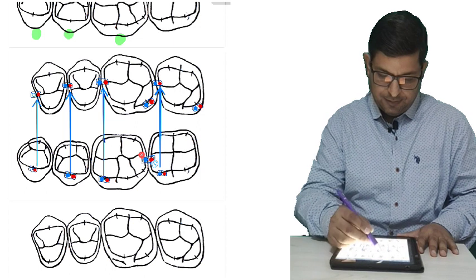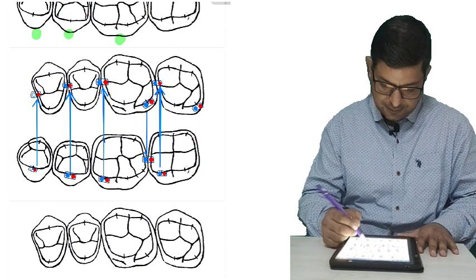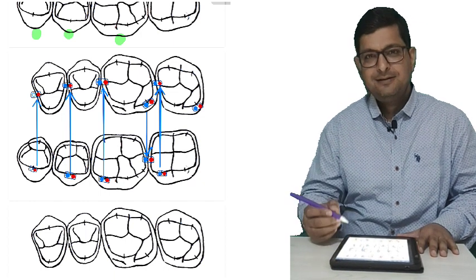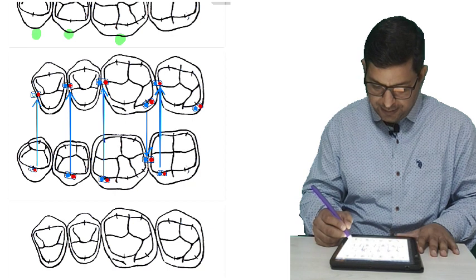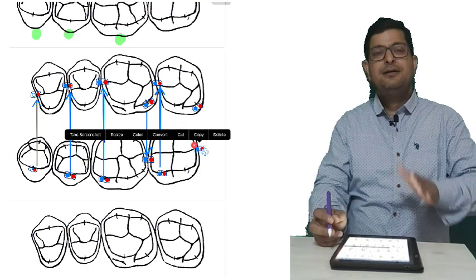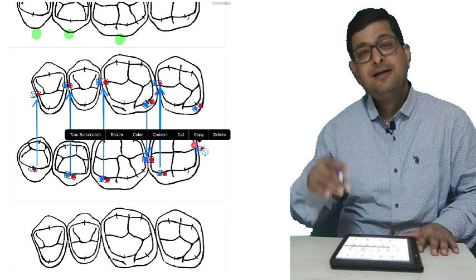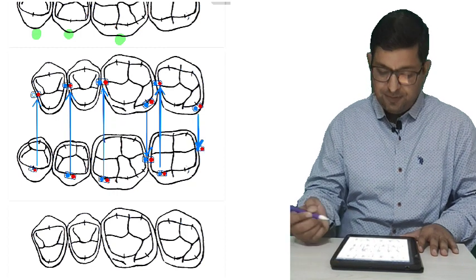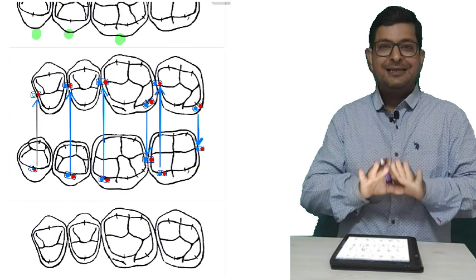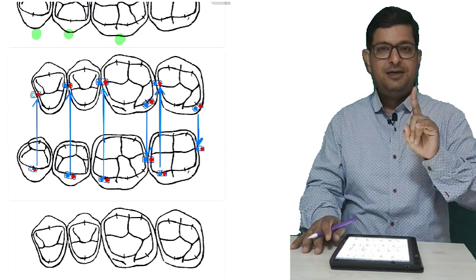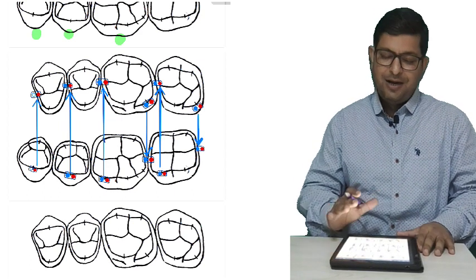Then the distopalatal cusp of the upper second molar will go and contact the distal marginal ridge of the second molar and the mesial of the third molar. You can see the blue arrow here. So these all are the 2-point contacts, meaning one tooth to two teeth contact. To remember, you have to practice like this only.